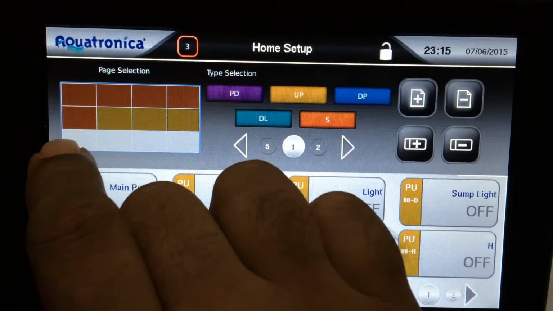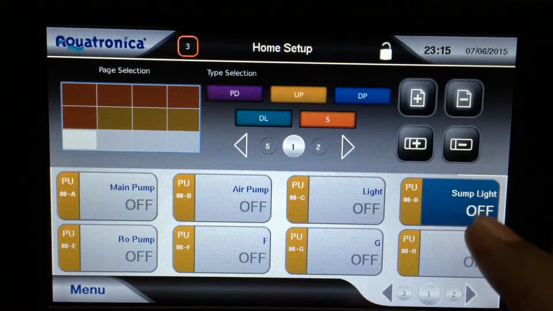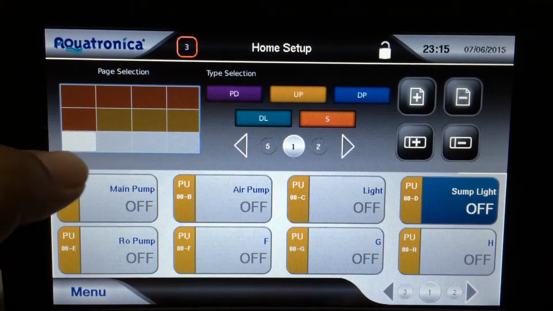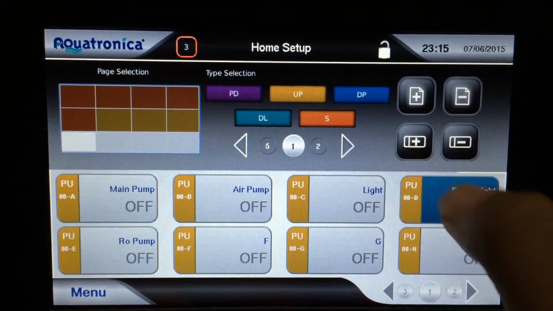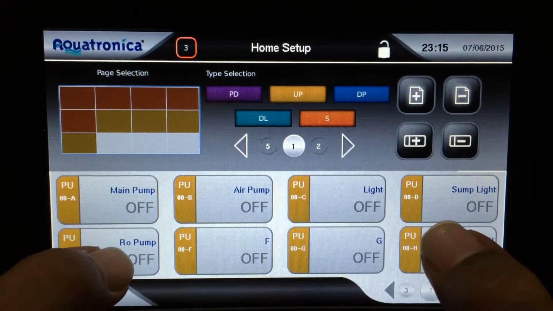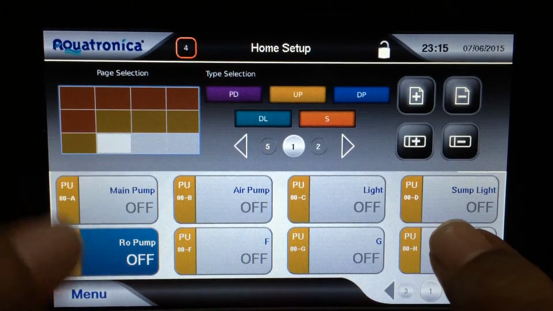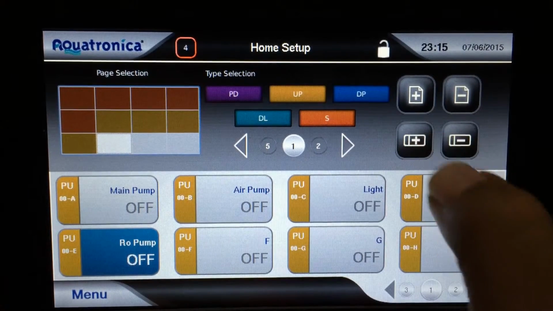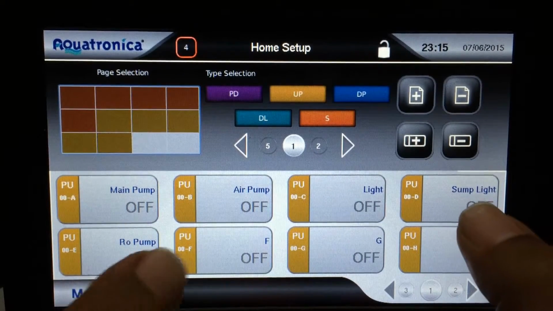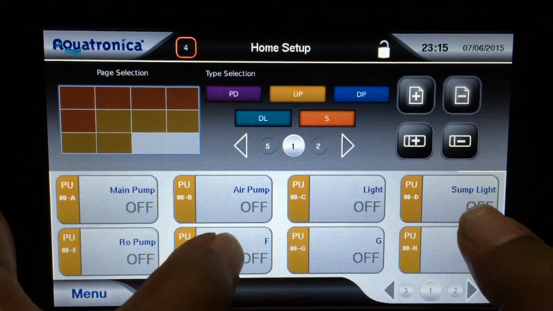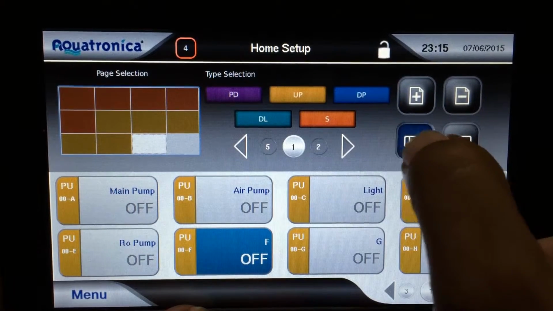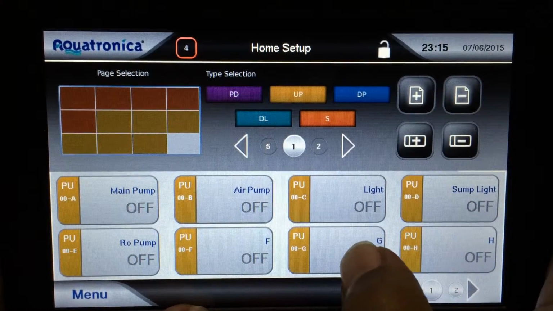I'm going to put the sump light here and add it, and I'm going to put the, did I add that? Yeah, and now I'm going to put the RO pump and add that, and I have space for more, so I'm going to put ones that I haven't assigned here. F, add that,